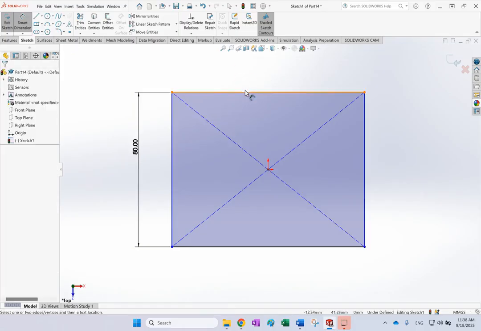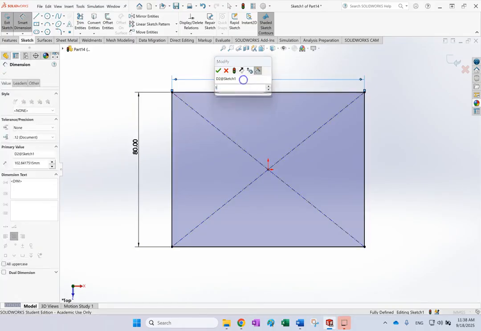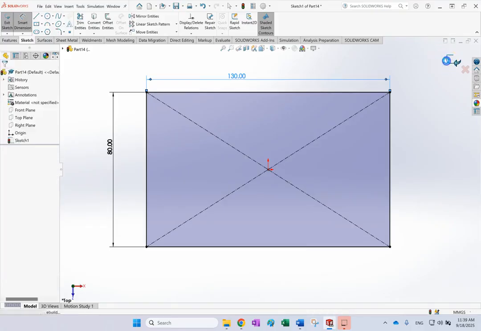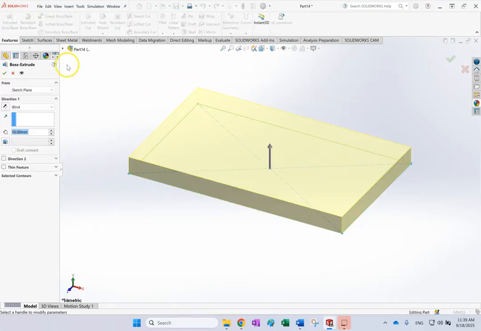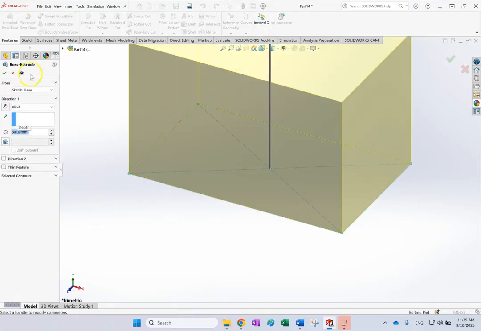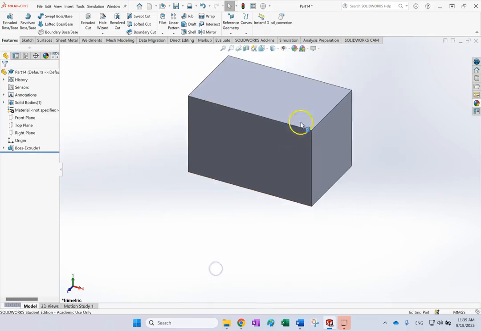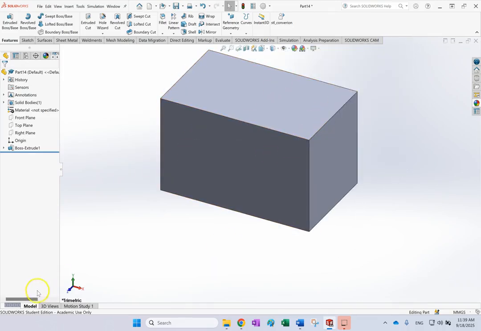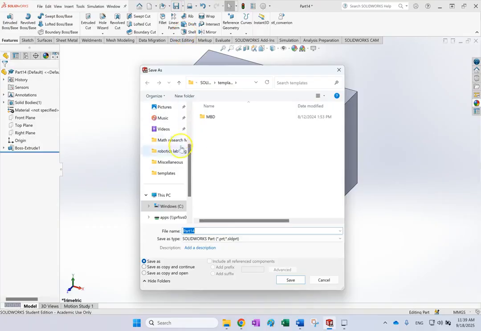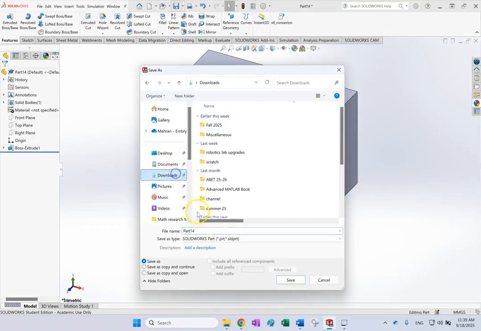Okay, you can apply material, but in this case, it's not really needed. So here we go. And now we are going to extrude it for 80 like this. And now I'm going to call this the inner volume. Okay, so here, and I'm going to save it under my downloads or any folder that you like. So inner volume,